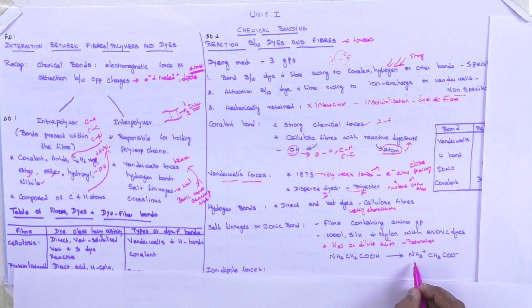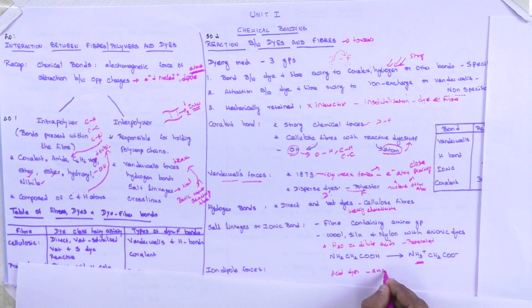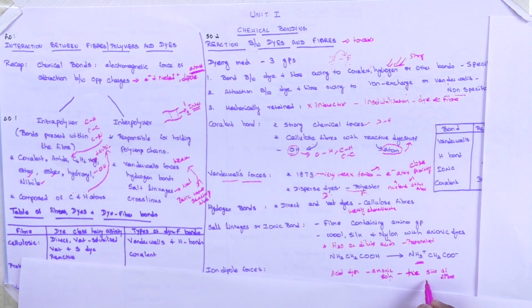You can see the protonation of the amino group that is taking place over here. Acid dyes being anionic in solution, anionic characteristics in solution are attracted towards the positive site of fiber. So, this is your positive site of fiber. So, mostly acid dyes in anionic solution are attracted towards the positive site of fiber, and as a fiber